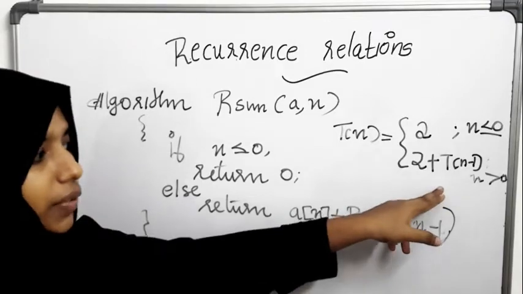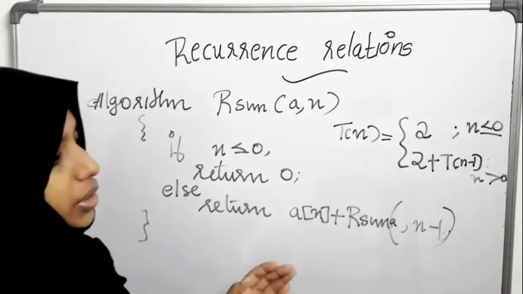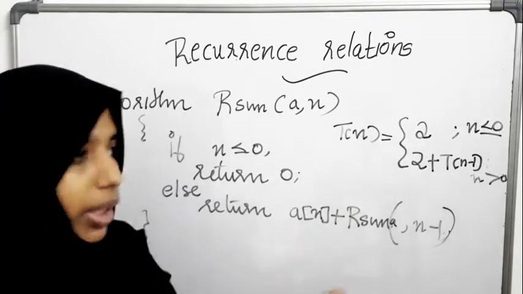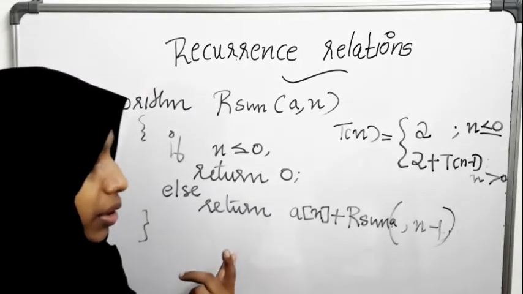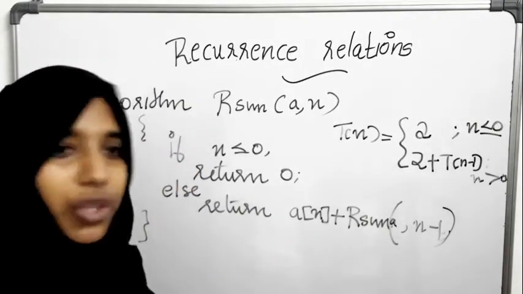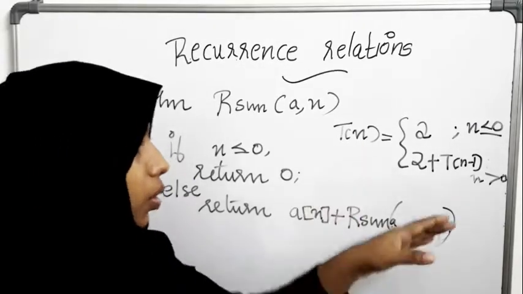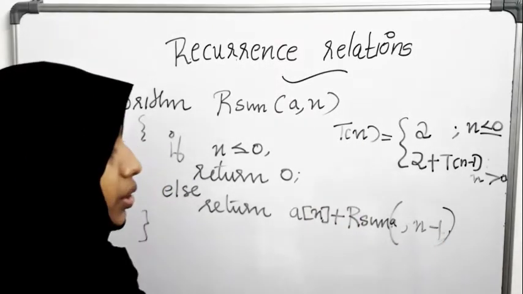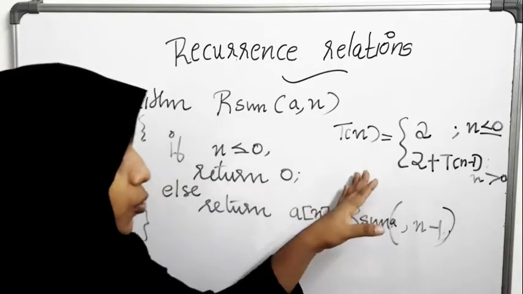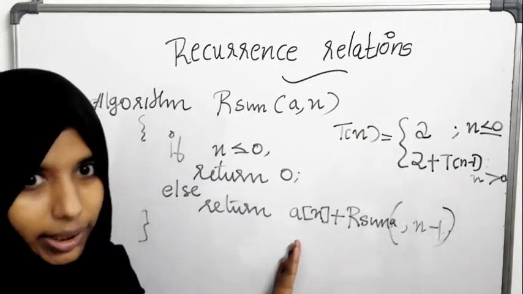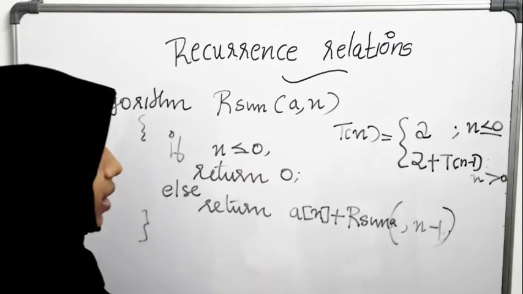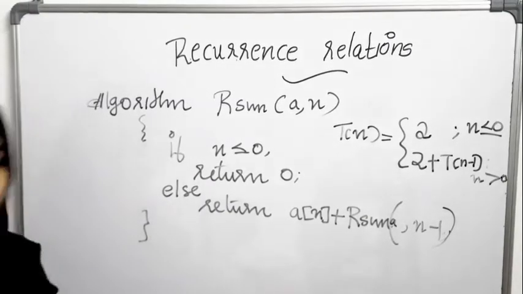These equations can be solved using different methods. You can choose the iterative approach, or you can use the recursion tree method and others. We will see all those methods in the coming videos. For the time being, please understand that this is the recurrence relation for this algorithm. Now we will see a few more examples.